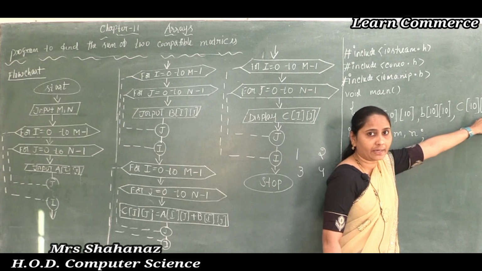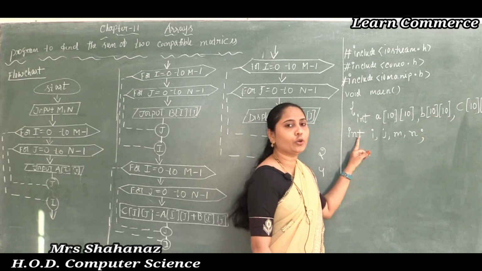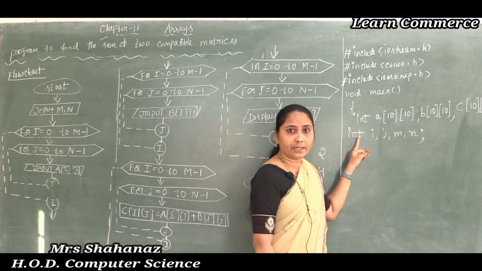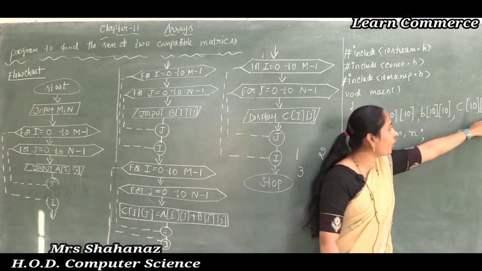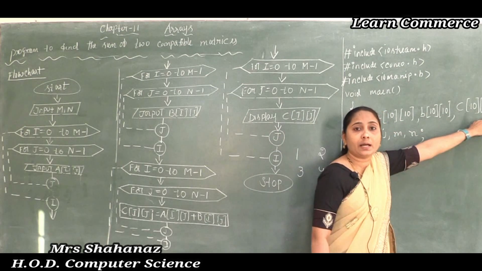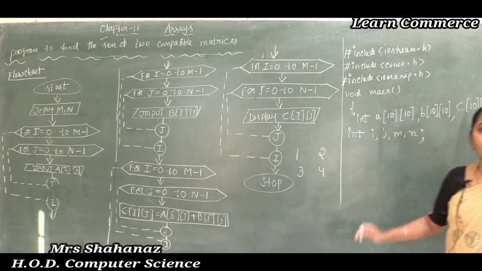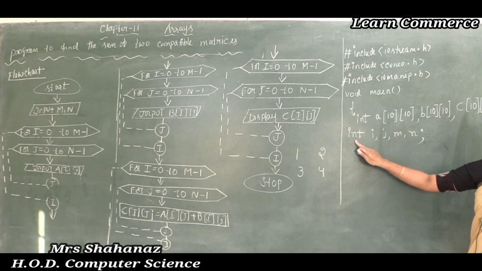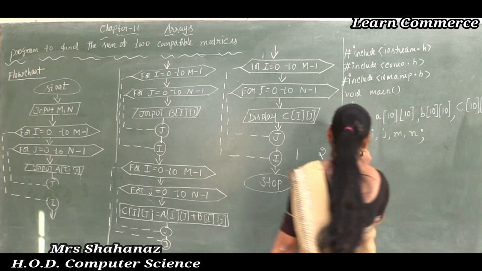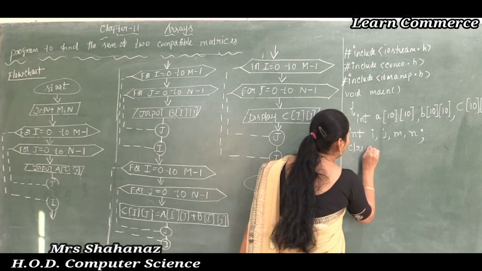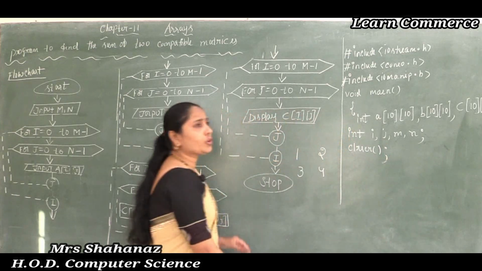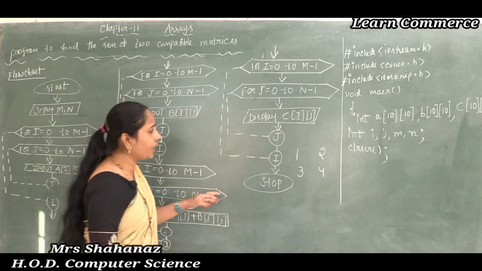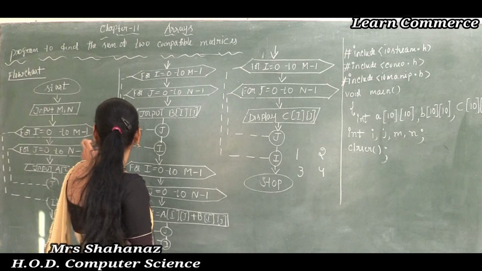matrix and C matrix, that means you should use the data type again. Clear this one. If you are not using the semicolon, if you are using just the comma, I, J, M, N, that is fine. But if you are using a semicolon, we need to write the data type again. And later, next one, CLR, SCR, open close semicolon, and later next